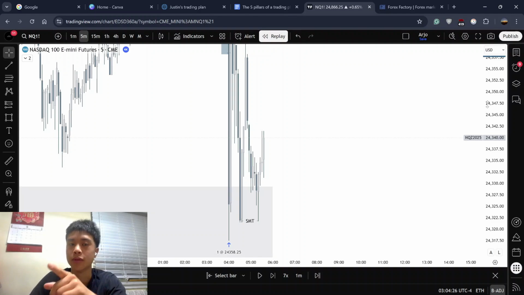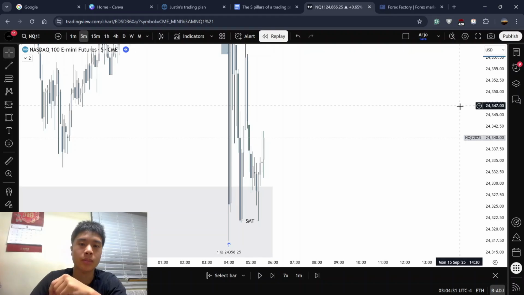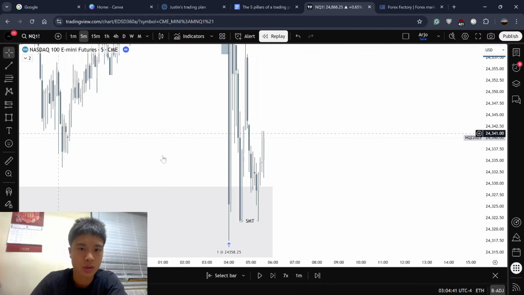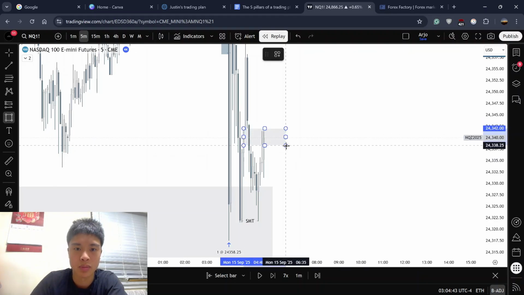But you have to take this with a grain of salt. Don't be looking for 5-minute inversion fair value gaps all the time, because you're going to miss out on very, very big moves. It's more of a discretion thing that you have to build over time to spot those higher probability trades. So we have this 5-minute inversion fair value gap right here,